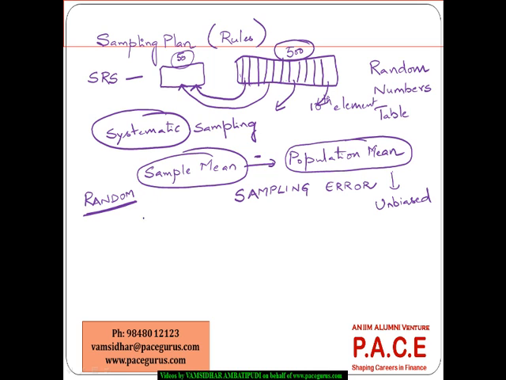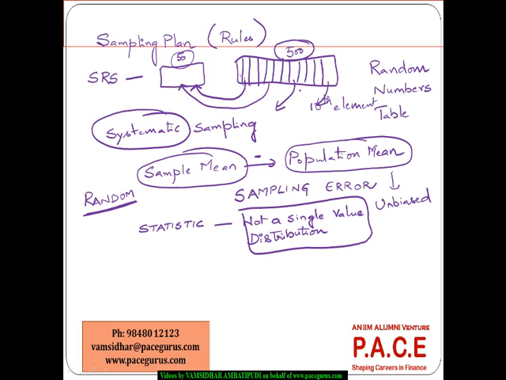And what we typically have to introduce now is that whatever statistic we are computing, let's say the sample mean, is not a single value. Let's understand, it's not a single value, rather it's a distribution. The most important driving piece for us here: the sample statistic is not a single value, it's a distribution. It's actually a random variable, because what is typically happening is out of this 500,